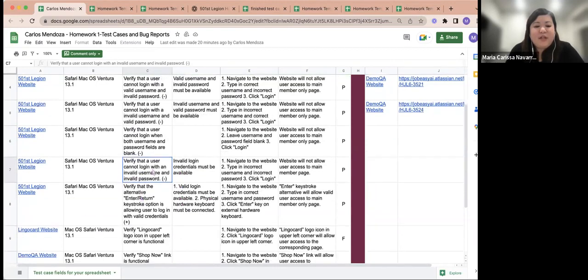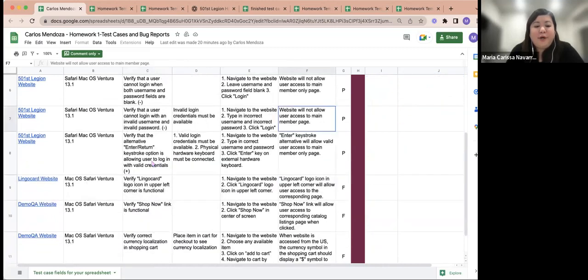5th test case. Verify that the user cannot log in with an invalid username and password. So now it's both invalid, so it's somehow the same as the other 4. Because